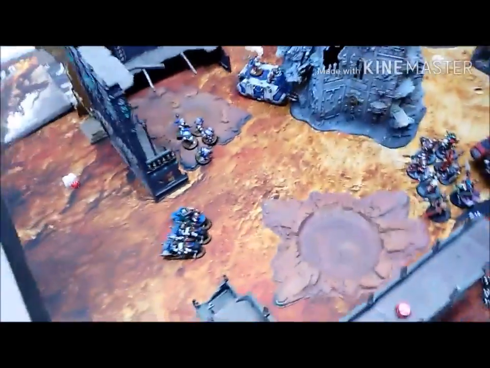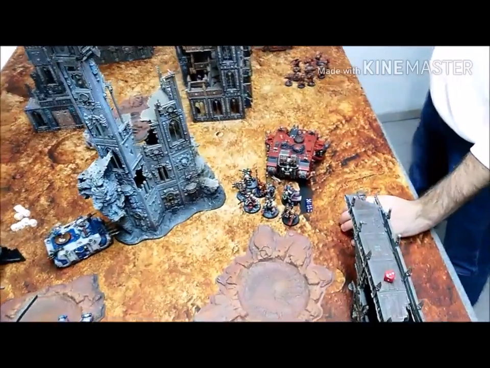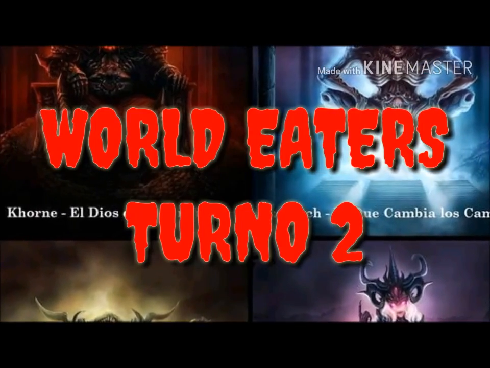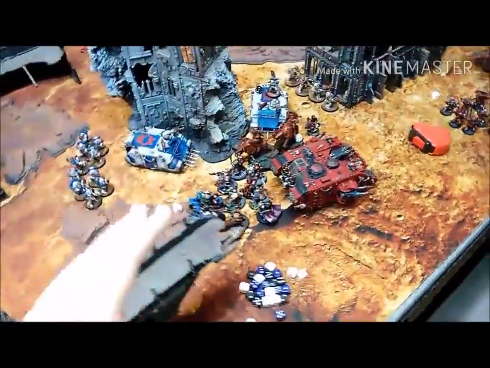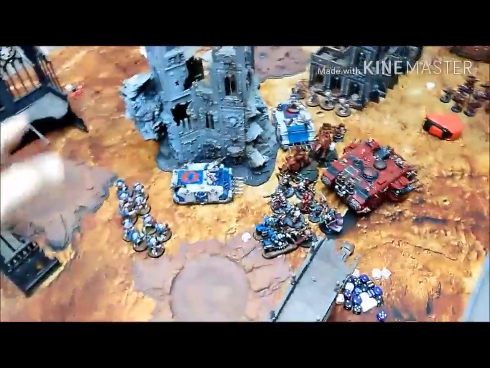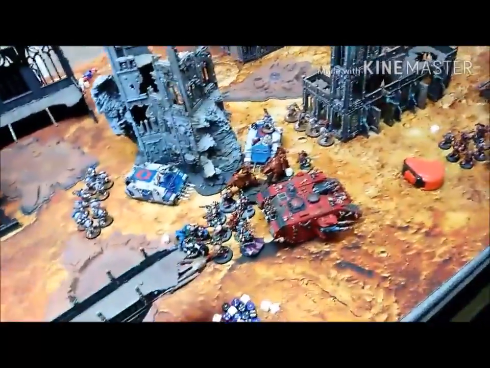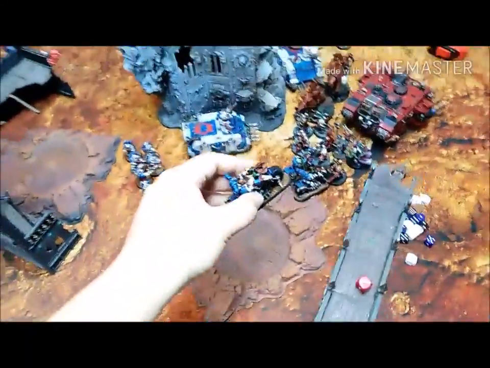Alright, so I got reserves on turn 2. My Terminators arrive. Let's see where I'm gonna put them. And he just, I didn't see him, but he moved backwards even farther with the units he can. Okay, so here I think I made my huge mistake, which was avoiding the Rubricae and